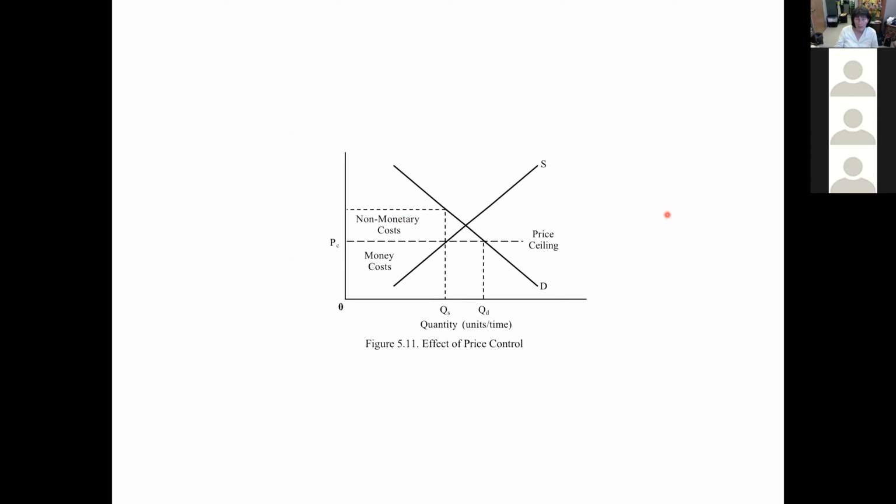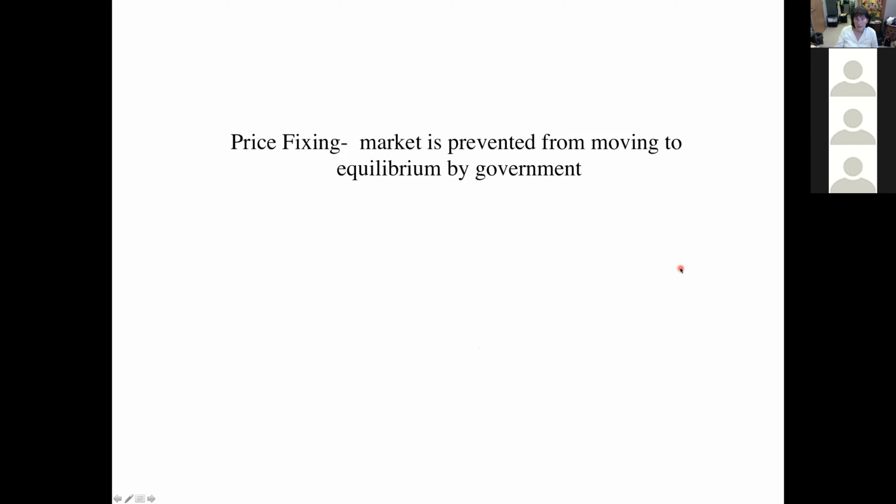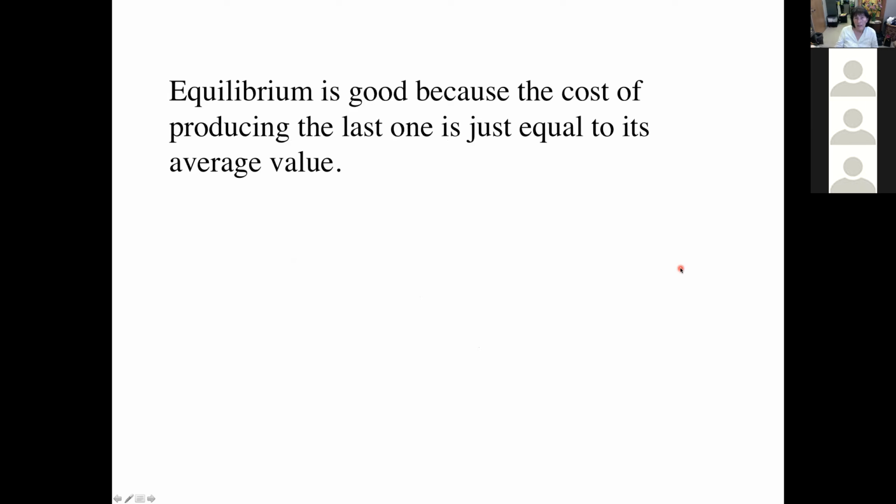Once you start mucking with prices, you will not end up here at our magic point. You will end up in a situation where you will have what we call a shortage. You will not have enough to go around. That's a problem. Okay, so you don't need to know this. Okay, again,